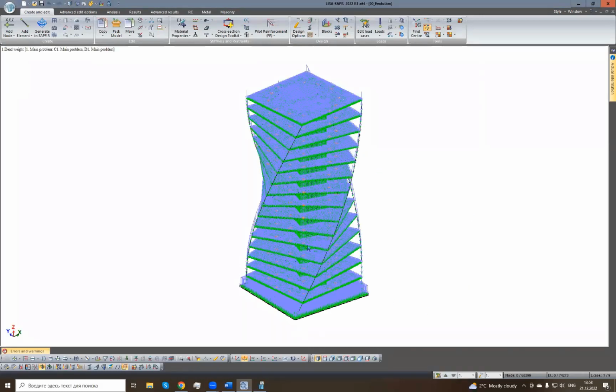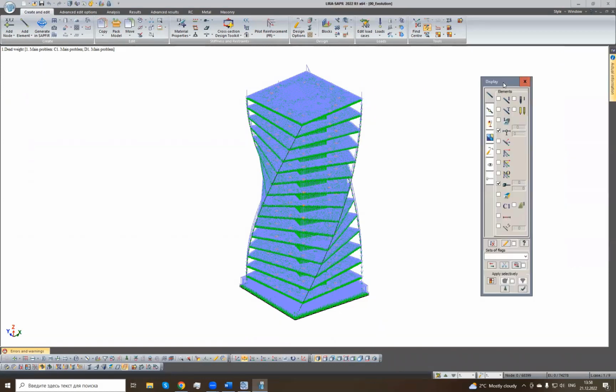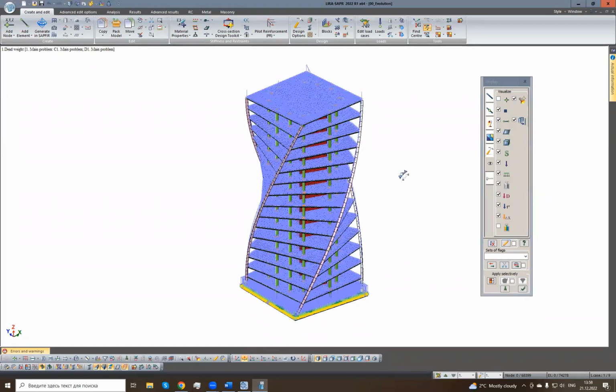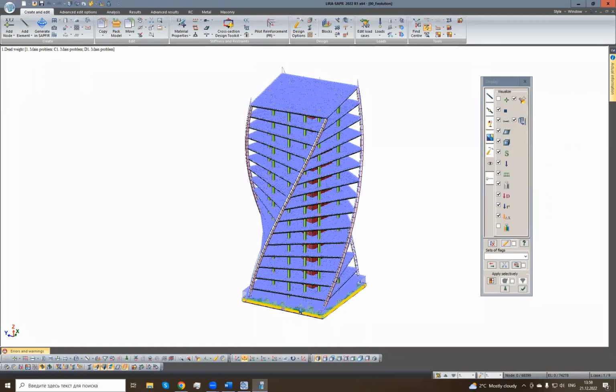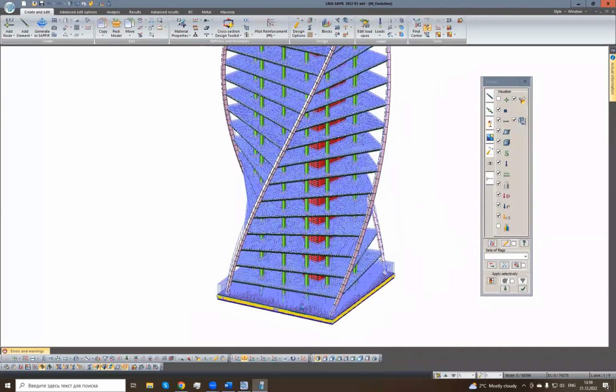Here, our scheme has opened in the LIRA-SAPR module. I will open the flex of drawing and select some commands to change the graphical representation of the model. For example, I would select stiffness and color. Then on the third tab, I select display with a count of assigned sections. And another command, I want to hide nodes. I will select redraw. So we can see our model with assigned sections in 3D in SAPFIR or in LIRA-